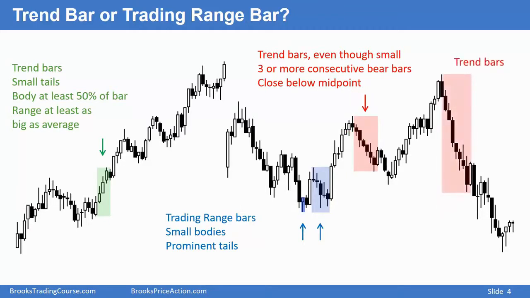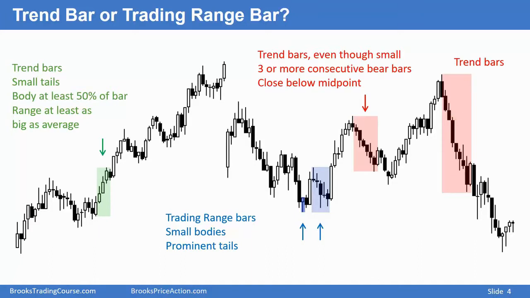Sometimes it's very easy to call a bar a trend bar. Here, the bars are big bars closing on their lows, consecutive bars. As soon as the bar closes, the next bar immediately sells off. As soon as this bar closes, the next bar sells off. So the high of this bar does not go much above the close of that bar. That shows urgency. The bears were eager to sell. So as soon as they see a strong bear close, a bar closing on its low, they sell. They sell at the market. Or they'll place a limit order as soon as this bar closes to sell at that close,